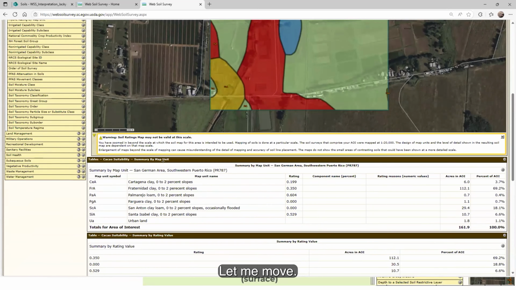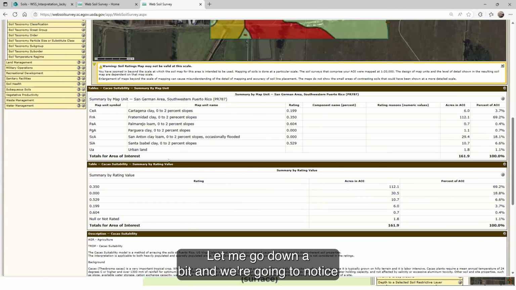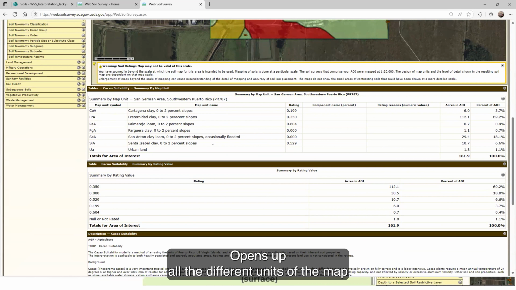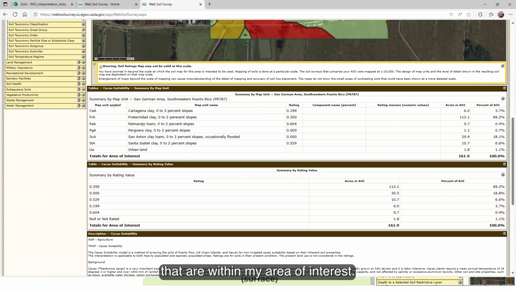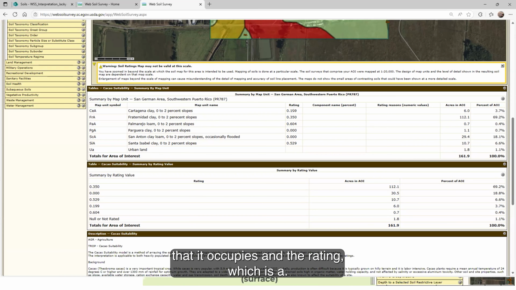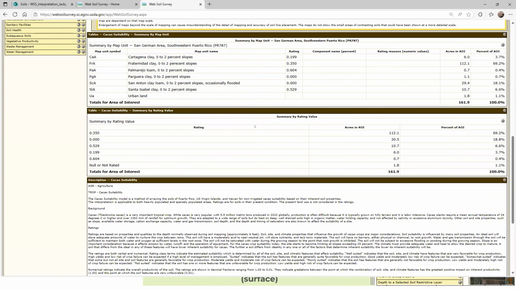Let me go down a bit, and we're going to notice that the first table is the summary per map unit. This table opens up all the different units of the map that are within my area of interest. It includes the symbols, the acreage, the percentage that it occupies, and the rating, which is the class, how it's qualified.